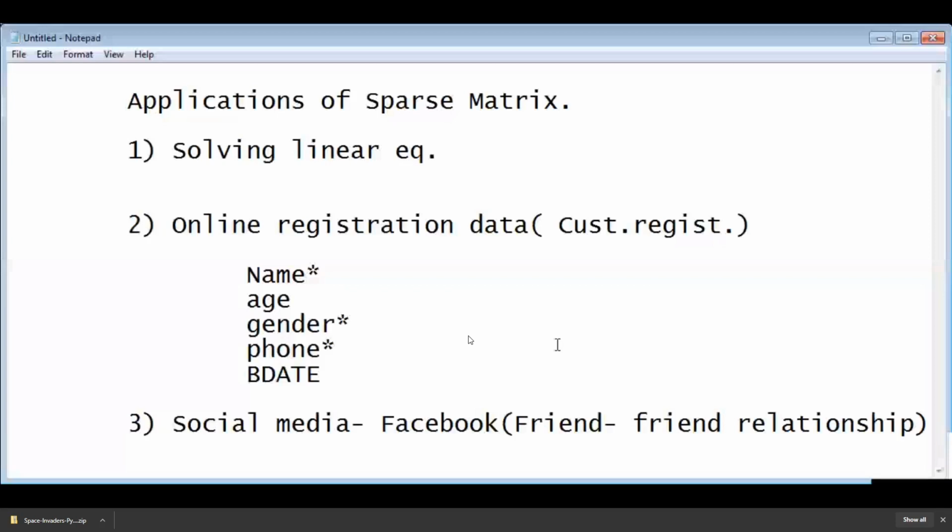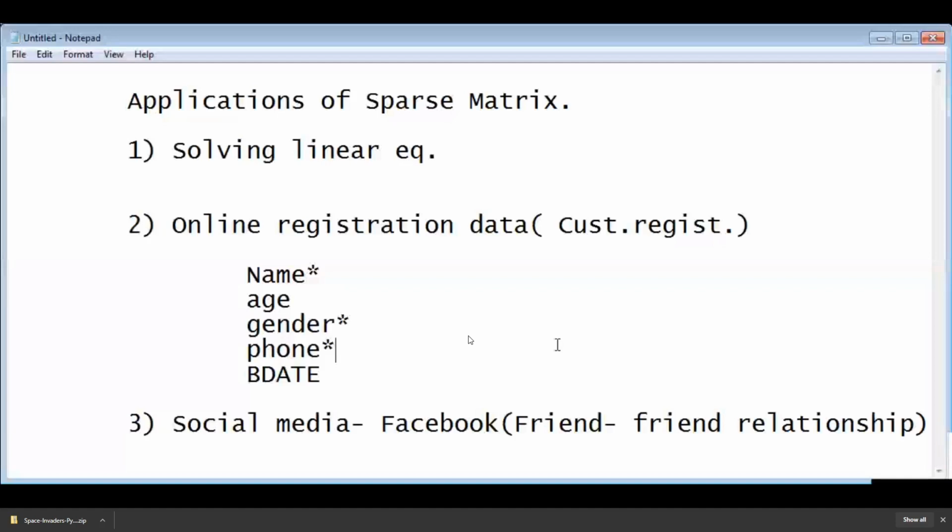If I'm not the friend of any person, in the matrix it will be marked as a 0. Now if a new friend request comes to you, they find out that some mutual friend exists between you and the one to whom you send the friend request.